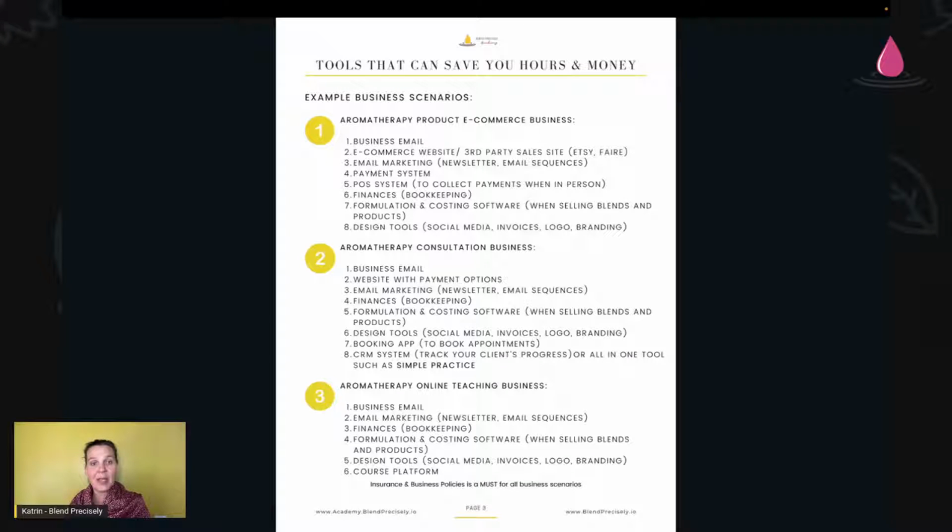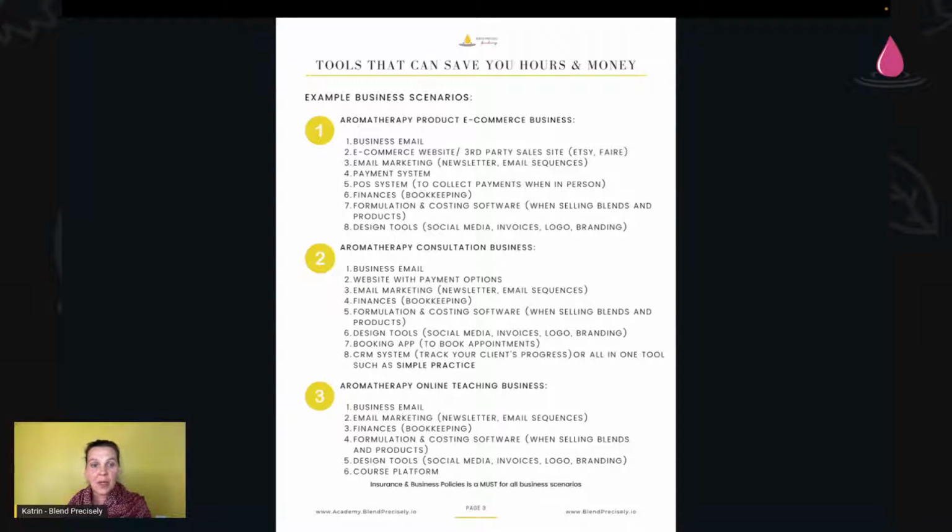If you have the money, I would definitely outsource bookkeeping because it is a tedious task, but once it's set up correctly, and that's why I think I would hire someone in the beginning, then you can just actually do it yourself. That's how simple it can be once it's set up correctly. But you do want to make sure you have a proper system because it makes it so much easier at the end of the year to do taxes.